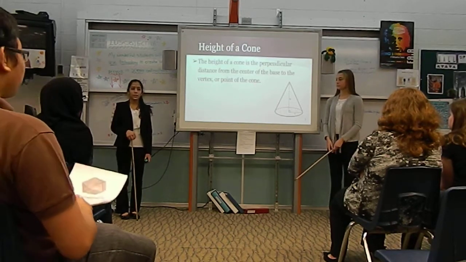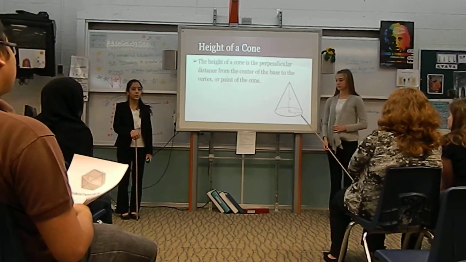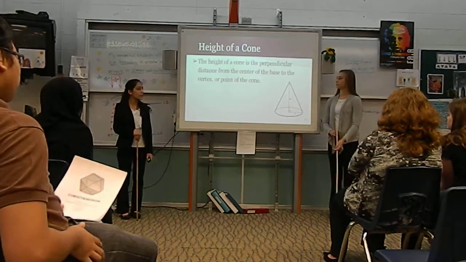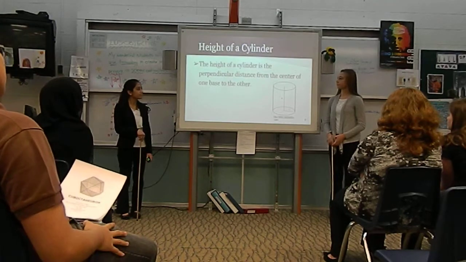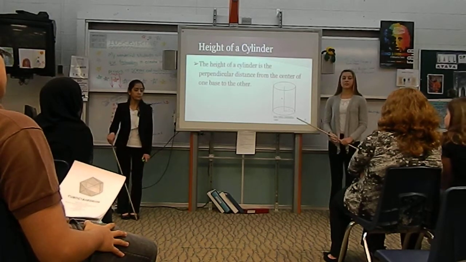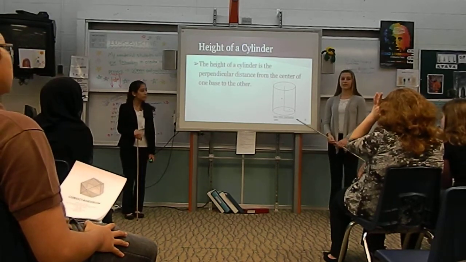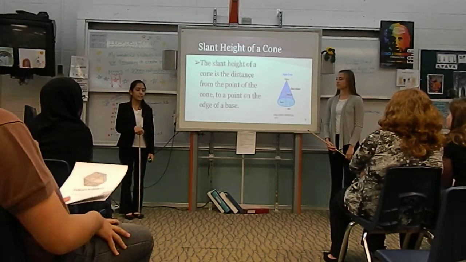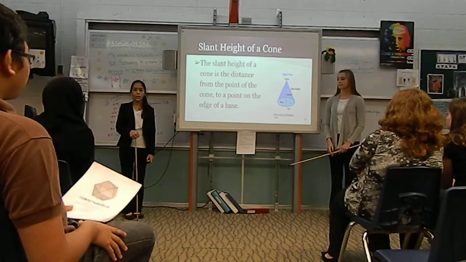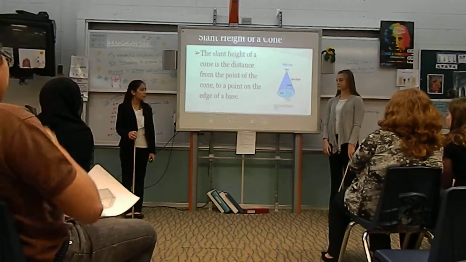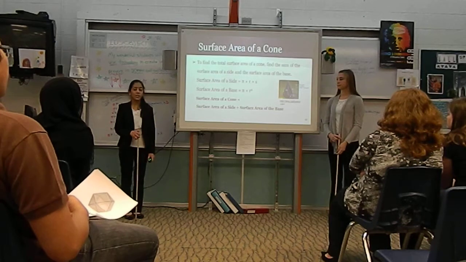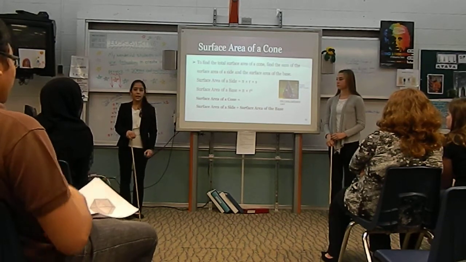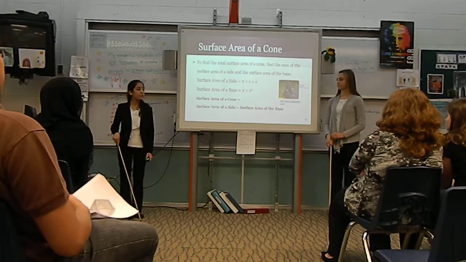The height of the cone is a perpendicular distance from the vertex, which is the highest point on the cone, to the center of the base. Height of a cylinder. The height of the cylinder is the perpendicular distance from the center of the top base to the center of the bottom base. The slant height of a cone is the distance from the vertex down to a point on the base of the cone. To find the surface area of a cone, we would need to find the surface area of a side and a surface area of the base,